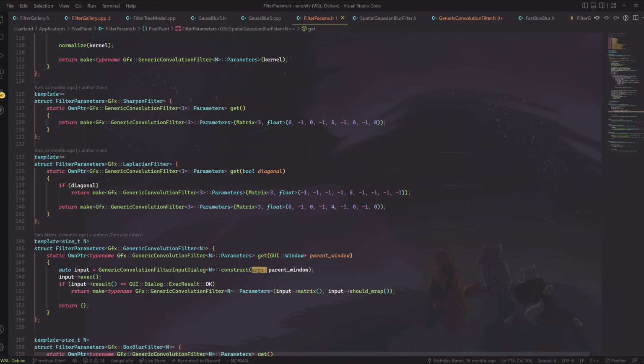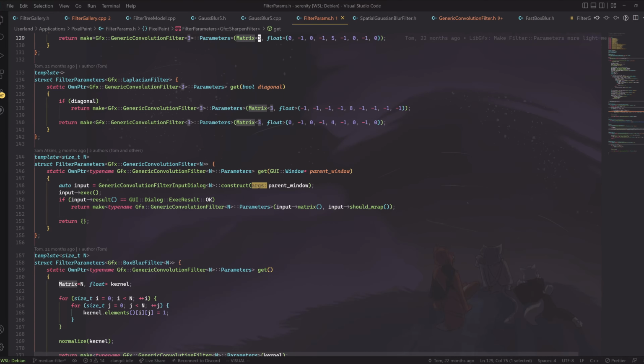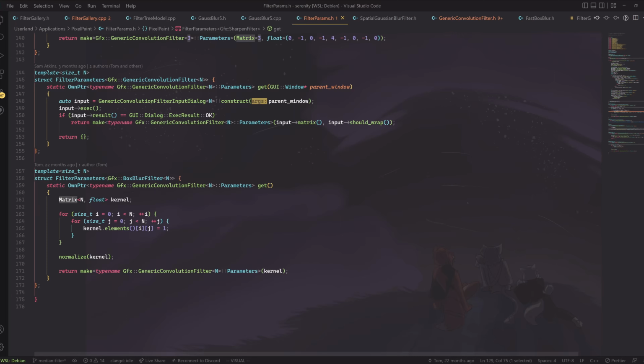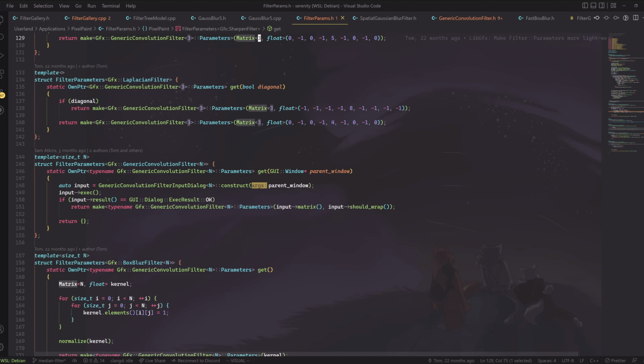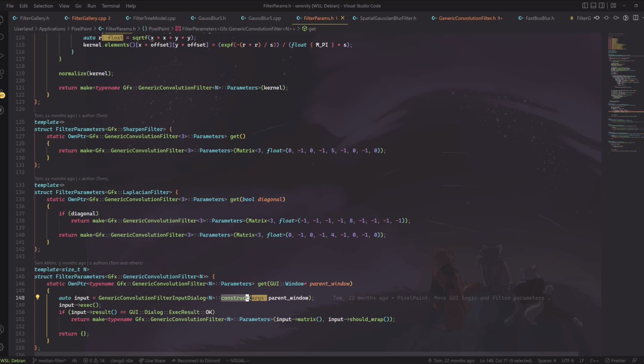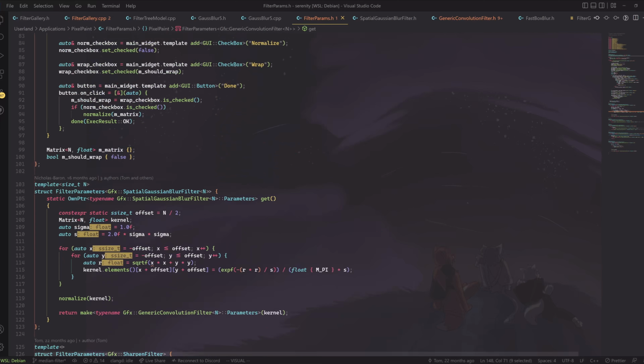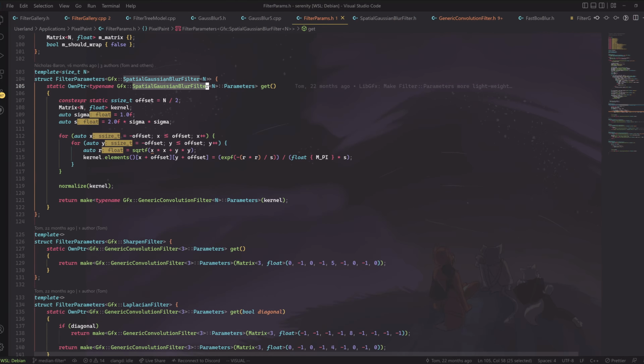The sharpen filter, which is probably first order. No, that's actually a first order approximation of a derivative. I'm getting nerded out by image processing stuff here. Generic convolution filter. And that asks for the parameters. Sorry, I'm kind of tired. Okay, I'm confused why this is this, but I guess we can just